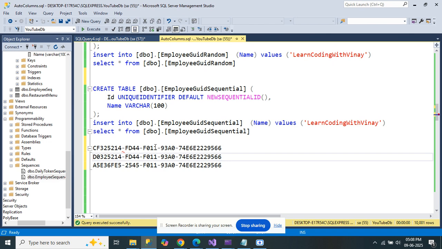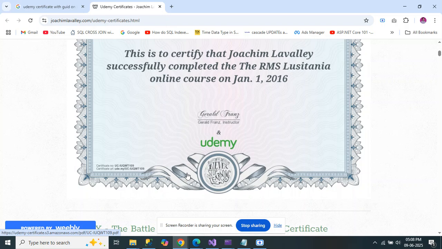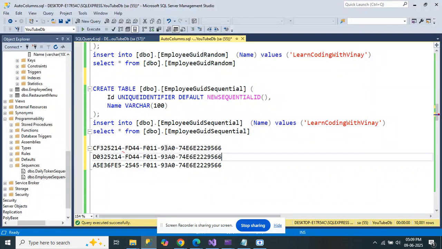running online or offline. At the end of the course, or at the end of the training, they will generate some sort of certificate, right? And that certificate, if you have noticed, will have a GUID down somewhere. That will indicate that this certificate belongs to a certain candidate. So no one can duplicate the certificate, right? So that is another use case where you can use a GUID,